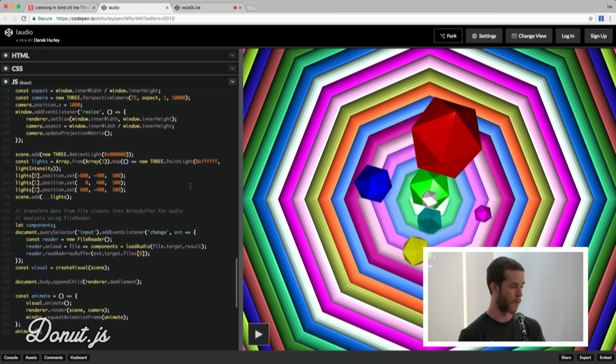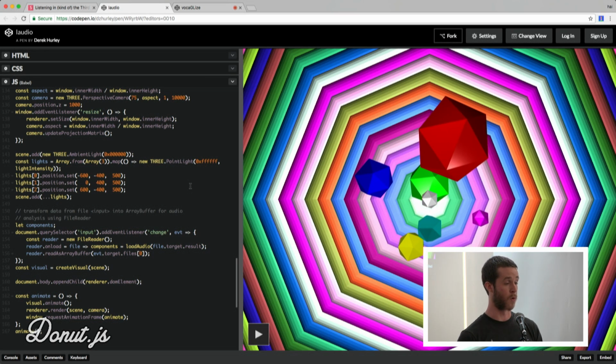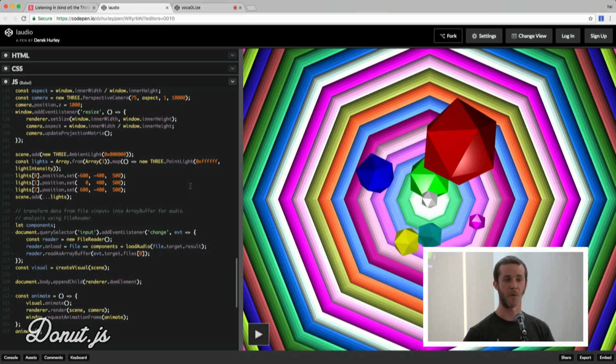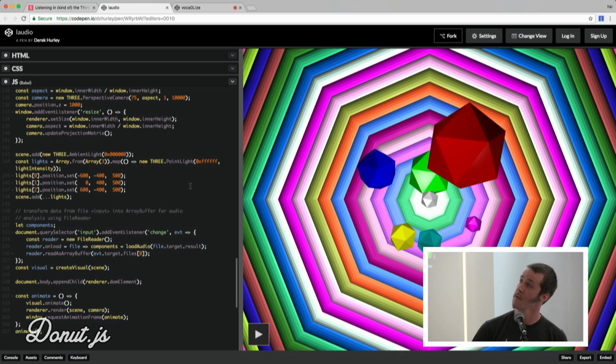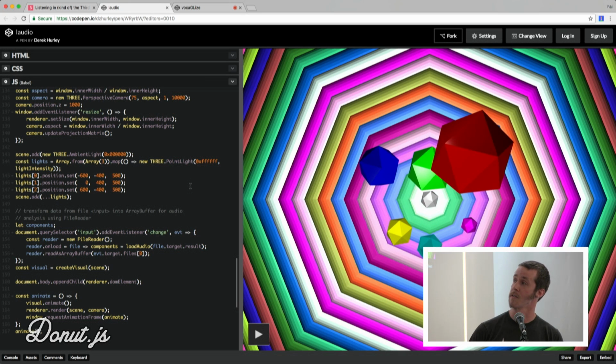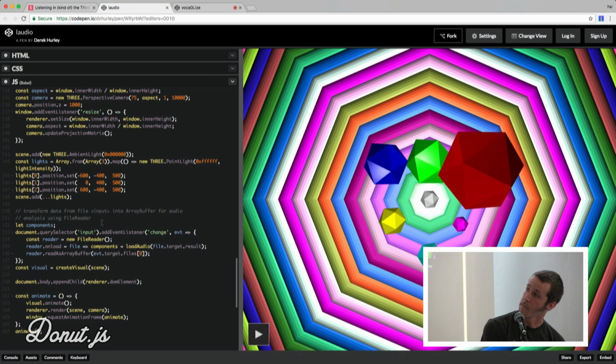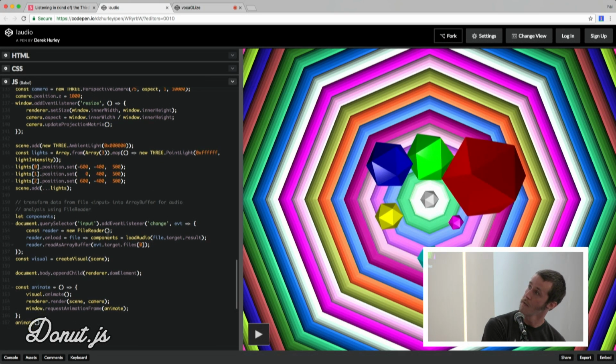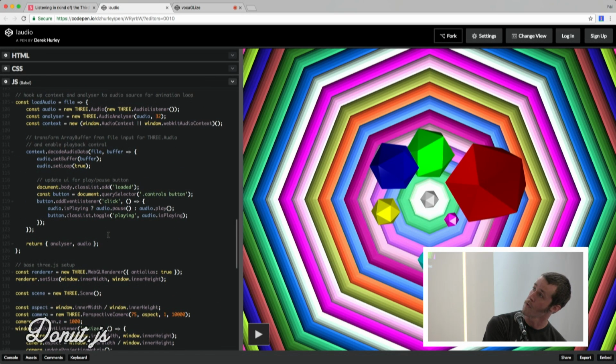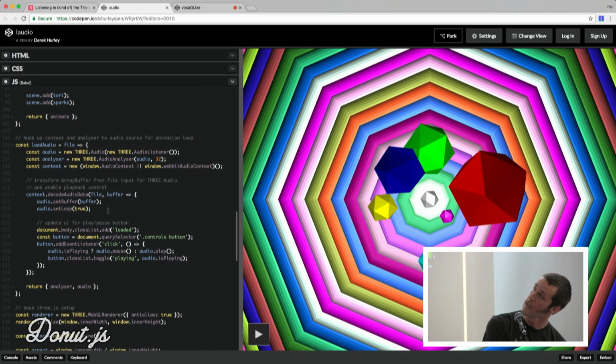I'm going to run through probably a whirlwind tour of it, but I'll hopefully highlight a few key parts for you to look at later. And as I said, this is on CodePen, so you can play around, fork it if you like after. The main thing that we're doing for the audio analysis is,